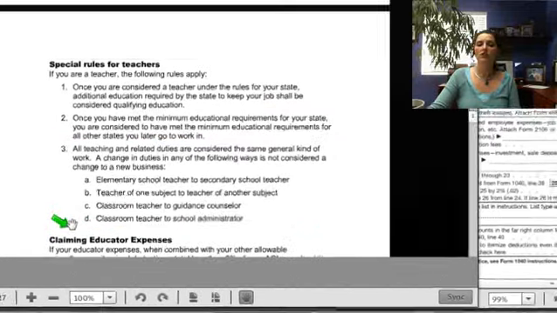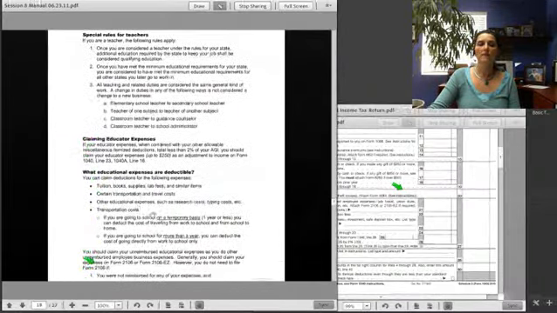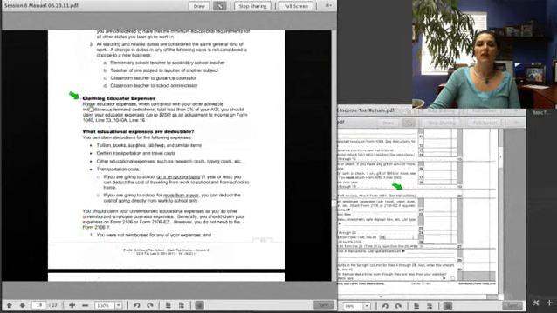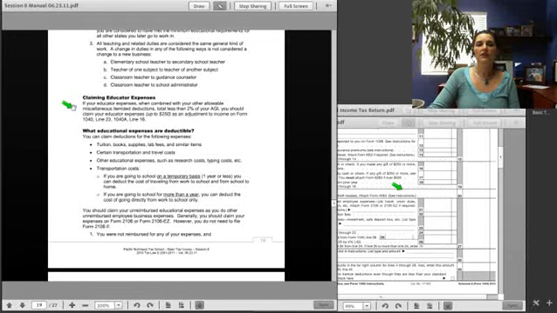How do you claim your educator expenses? If you are an educator, that is a teacher, then you can claim expenses as an adjustment to income as well as on Schedule A. If your educator expenses combined with your other allowable miscellaneous deductions total less than 2% of your AGI, you should claim your educator expenses up to $250 as an adjustment to income on Form 1040, line 23, or on 1040A,